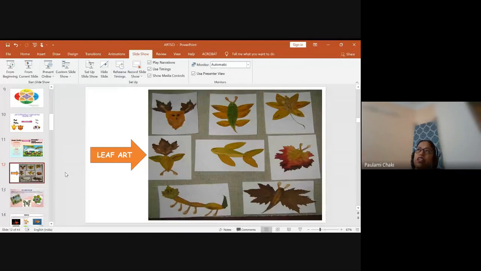Now in grade 3, then 4, then 5, we are constantly giving them small bits of information about plants. Somewhere we are teaching them about leaves, how different plants have different leaves with different edges. Some leaves are long, some are small. And we teach them about flowers. So what we can do is leaf art. This can be done in grade 4, in 5th, and in 6th also.